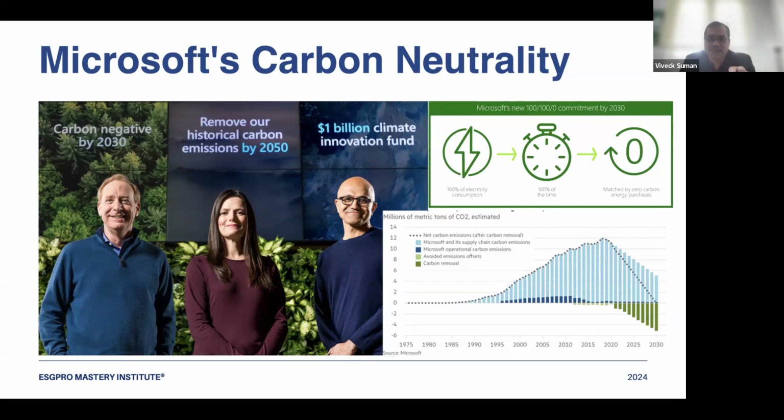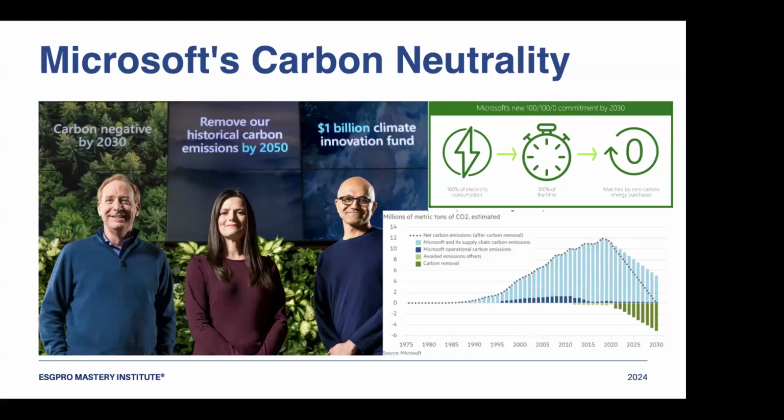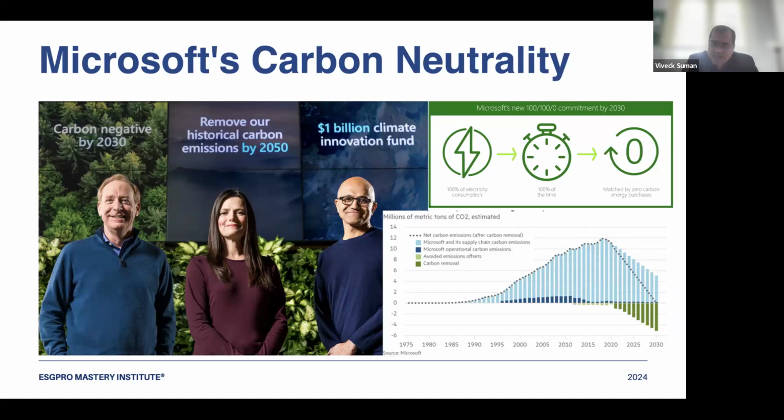Come, look at the picture which is showing millions of metric tons CO2 estimated on the right hand side bottom. Yes, it is at the bottom. Right? This is their actual plan. This is the Microsoft plan, which is in their sustainability report. What they are showing you is light blue color emissions first, which is not their own emission. This is their supply chain emission. For example, the data warehouse is owned by Microsoft. Azure's data centers, they own. And a data center emits a massive amount of carbon dioxide because it consumes a lot of power, right?